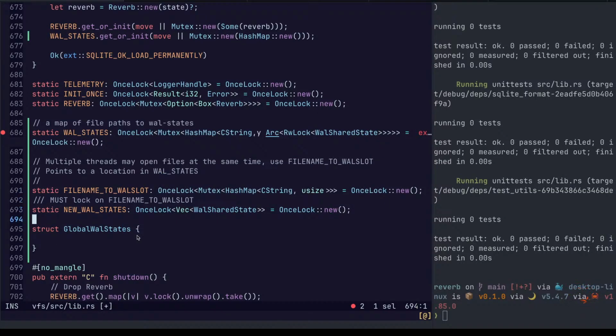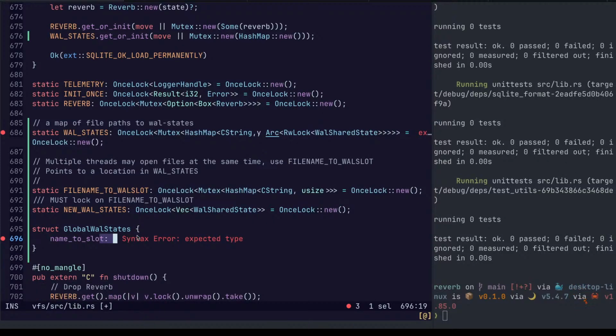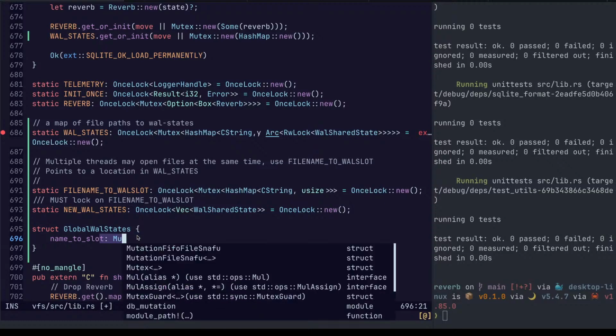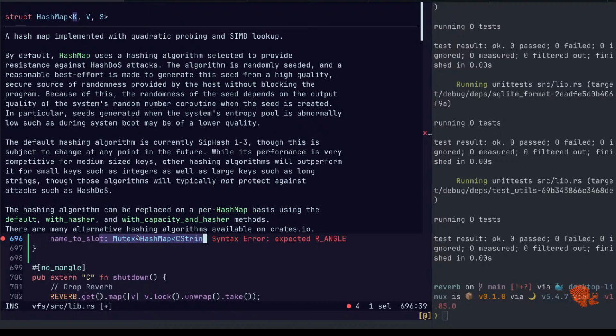Okay. Let's see, this is internal, so we'll say name to slot because we know what it is. A mutex of a hash map of C string to usize.